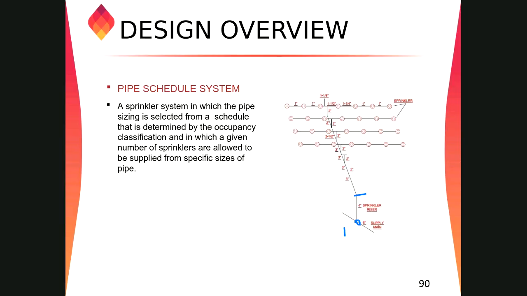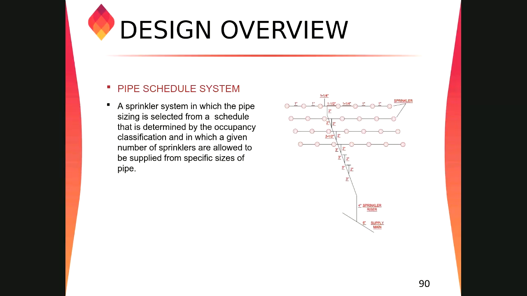If the pipes are straight, we don't have any node changes, right? But if there is a change in direction and the pipe size is the same, suppose this is node 1 and this is node 2. Since the pipe size is the same from 1 to 2, we can count the number of fittings. We have only one fitting in between, and that is maybe a 45-degree elbow.